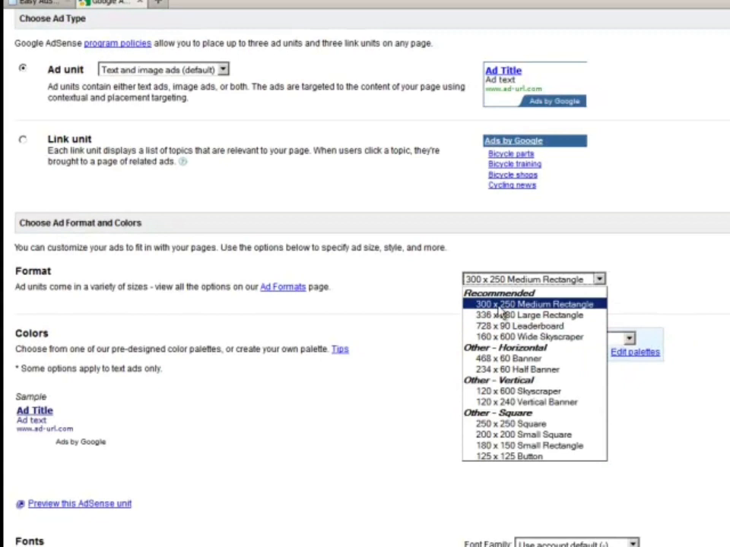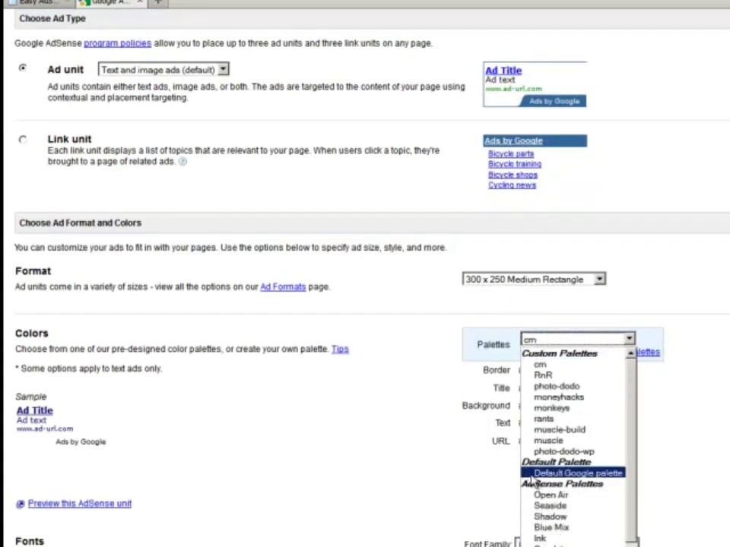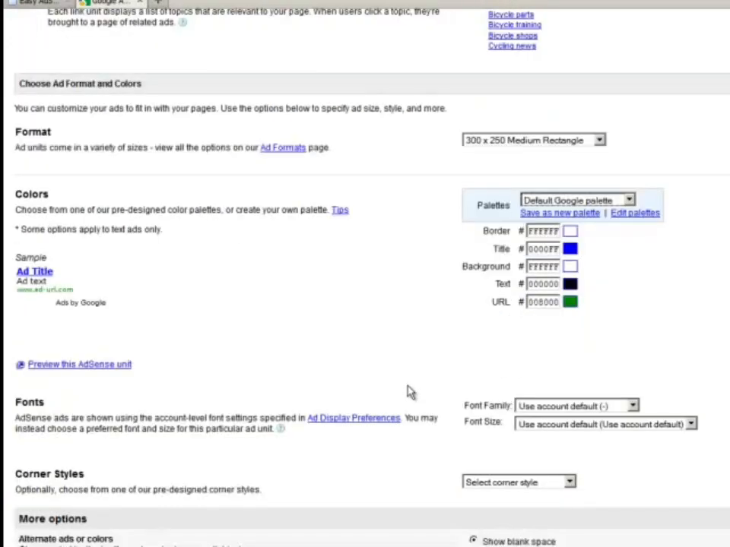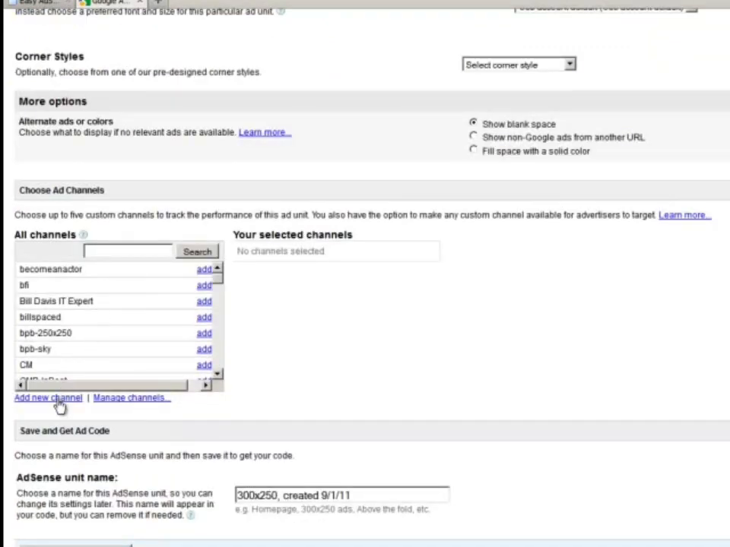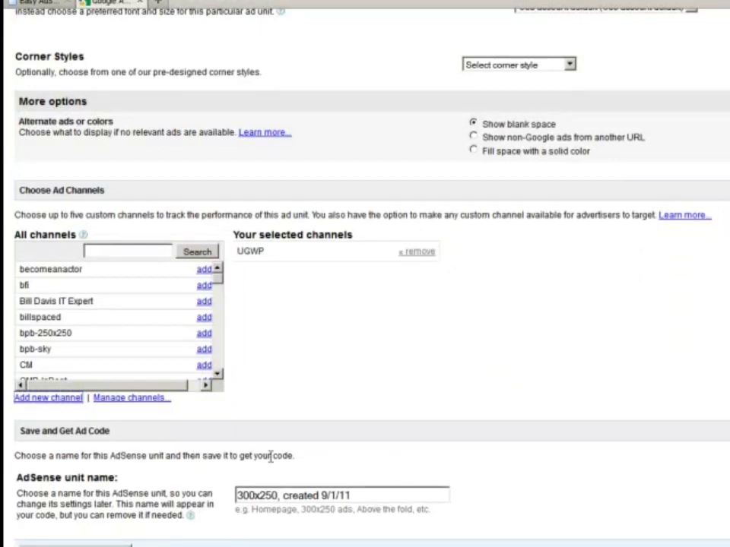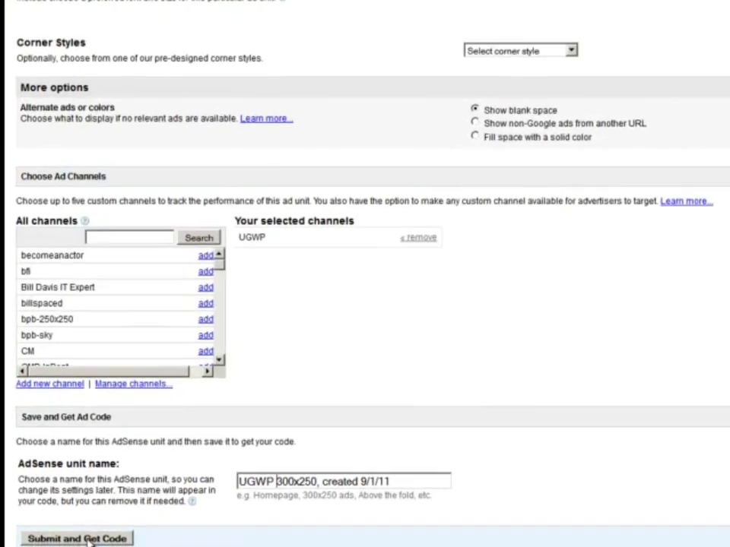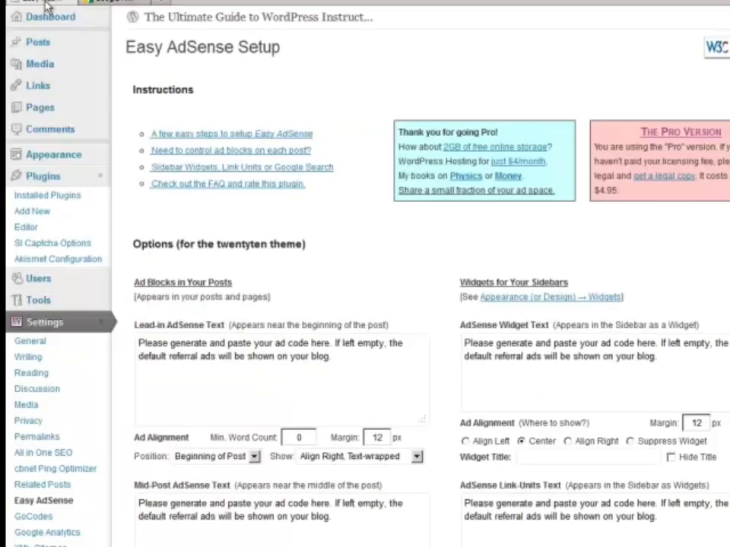And we'll use their 300 by 250. Let's use the default Google palette. And then let's add a new channel, and we're going to call this Ultimate Guide to WordPress, UGWP. Okay, we're going to call this UGWP and submit and get code. So this is the code. You click inside the box, it auto highlights for you, copy it, take it back over here,